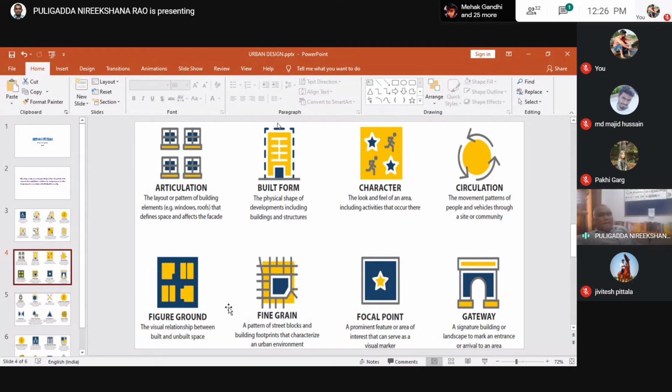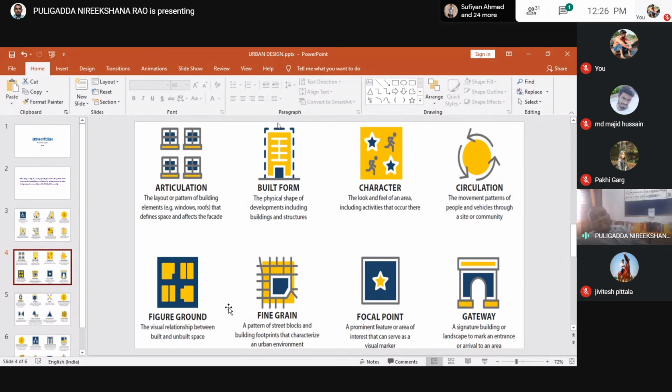Look at the movement patterns: how much the designer of the case study respected the pedestrians, the children, the noisy vehicles, how he arranged the cars, the pathways, the driveways. All these things we have to identify.